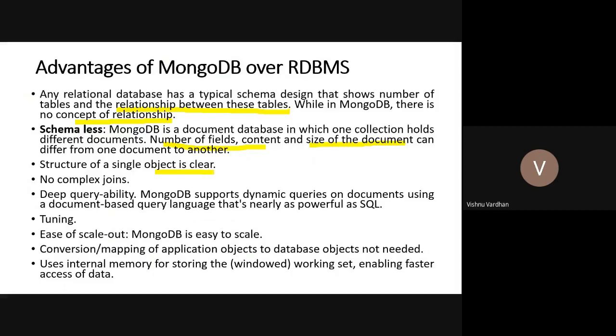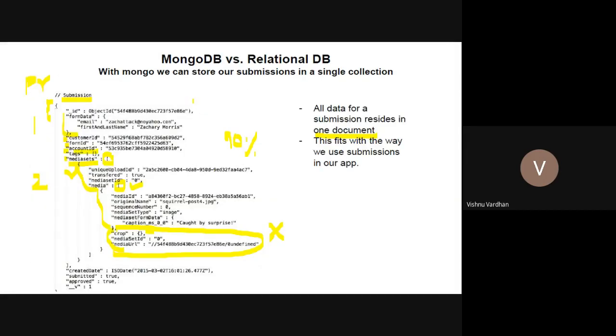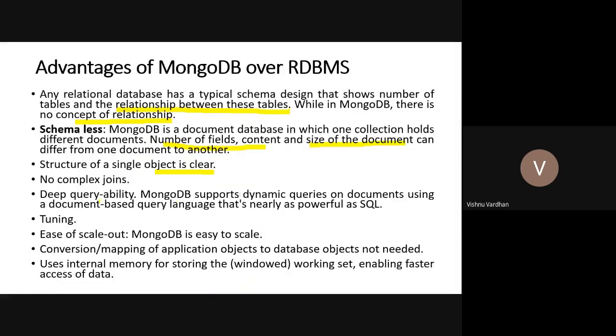Okay, so if you see this MongoDB object as such, the overall interpretation of this particular object is given within a single object. What is the ID? What is the email ID? What is the customer ID, account ID? All these are available in this itself. So we don't have to look up anything somewhere else. Everything is residing in a single object. That's why the structure is very much clear for any given data that you want to save in MongoDB. And no complex joins are there.